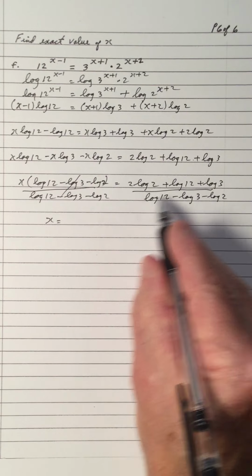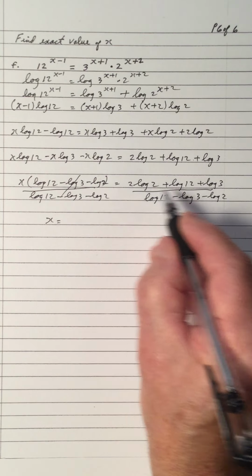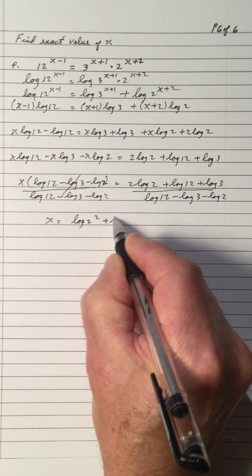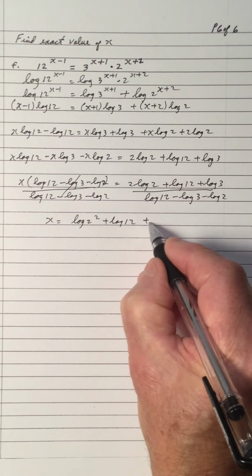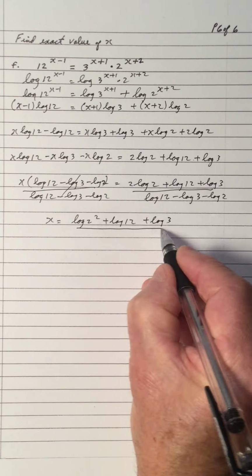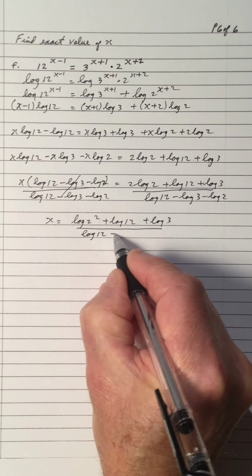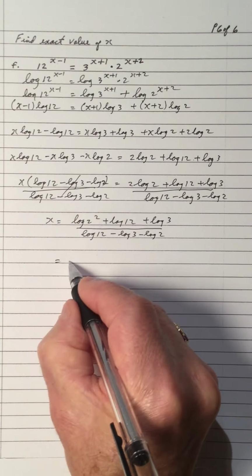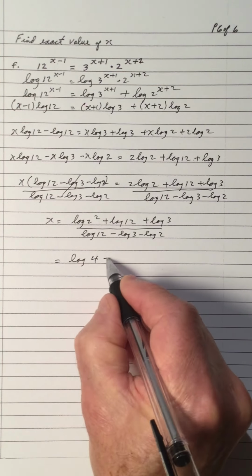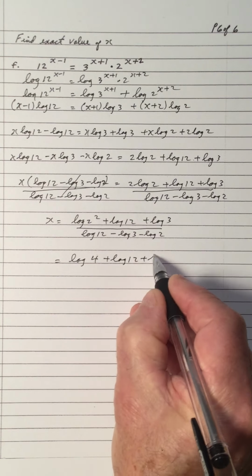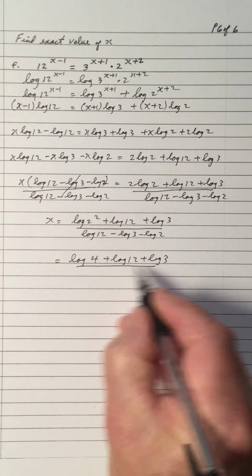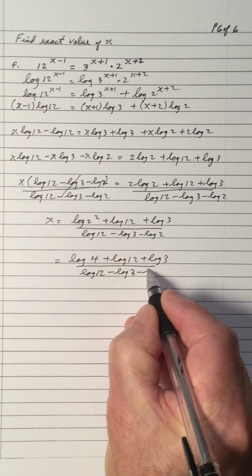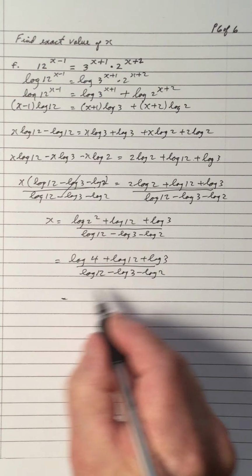Now, I could write this down again, but to save time, I'm going to take this 2 and raise it as a power. So that's the log of 2 squared, log 12, log 3, and write down the denominator. We have the log 2 squared is 4, plus log 12, plus log 3. This is the log of 12 minus the log of 3 minus the log of 2. And so this is,